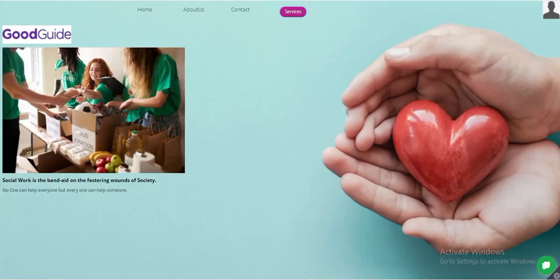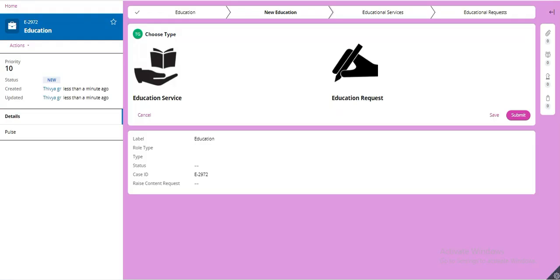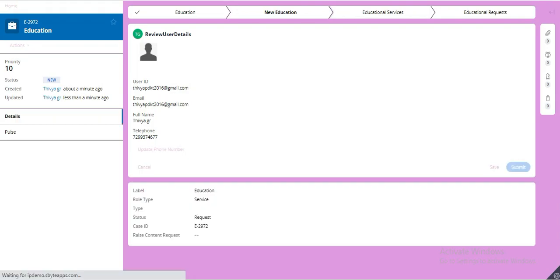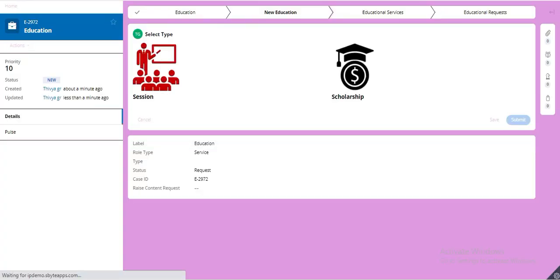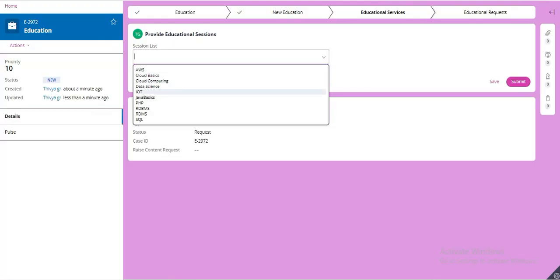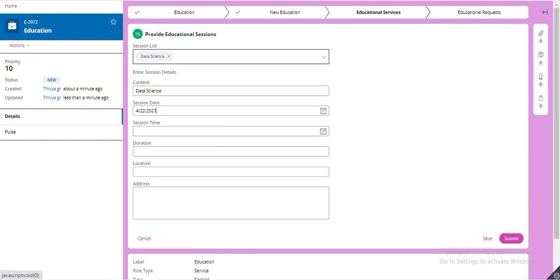And now we go with the same service, education, and with educational service as type. We can see their user details, and if they select the session, in the session list the provider can see the various requested contents, and they can provide session for the requested contents by multi-selecting the contents.